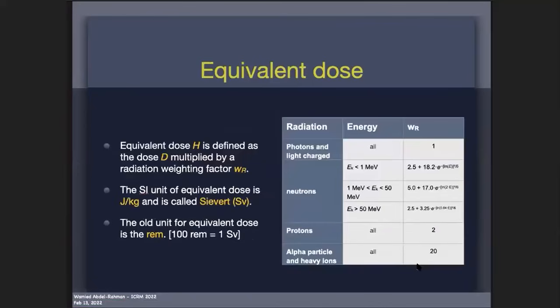Equivalent dose, that's a unit used more for radiation protection, and is defined as the absorbed dose multiplied by a radiation weighting factor for the ionizing radiation. And the SI unit for equivalent dose is joules per kilogram again, but it has a special name called the sievert. And the old unit